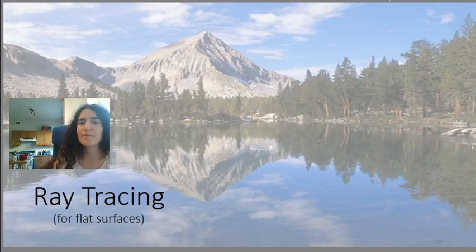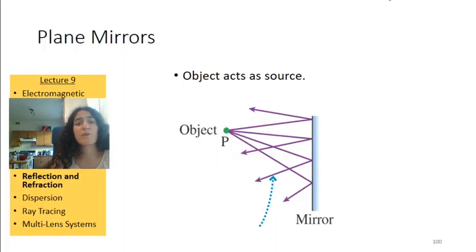Okay, so we're going to begin with just flat surfaces because it's a lot easier to do this with flat surfaces before we talk about curved surfaces. So we'll start with just a plain mirror. And the idea behind ray tracing is that